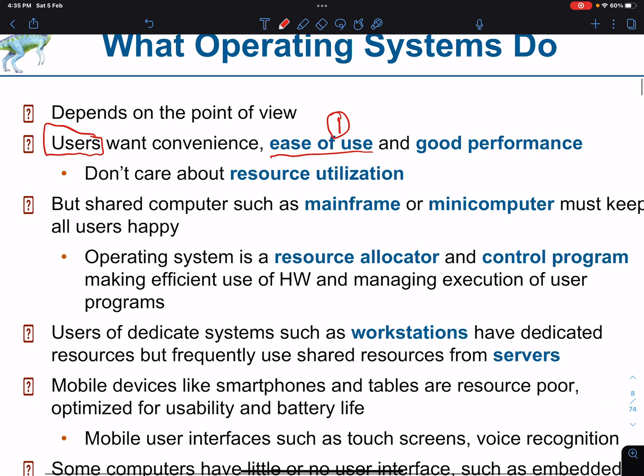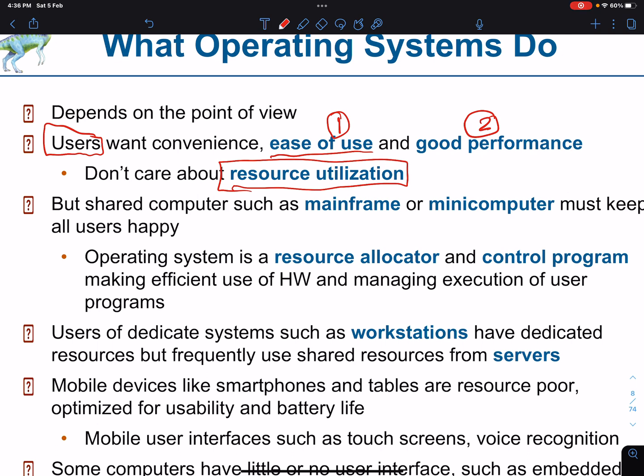And of course, as a user, you want good performance. Okay? The user doesn't really care about resource utilization. Okay? You need to get a system that is very easy to use and you get an amazing performance. How the system will be using the resources, you don't care, right?